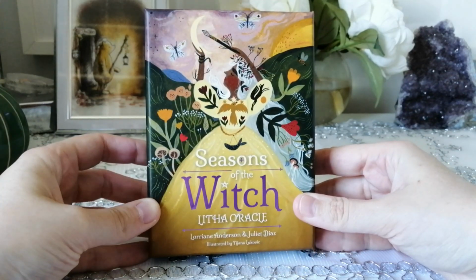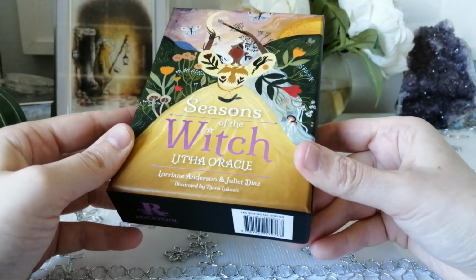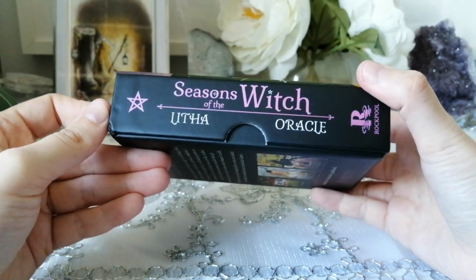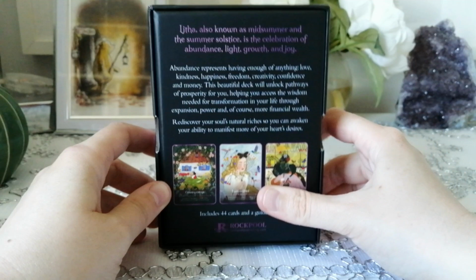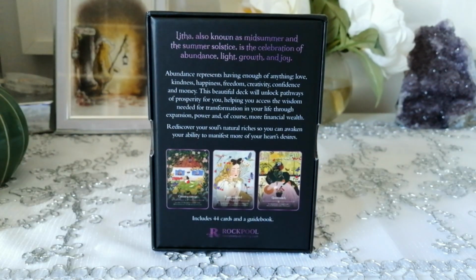So this is what the box looks like. It is like a purple foiling, which means that the edging is going to be purple, honestly. So yes, in the back here,